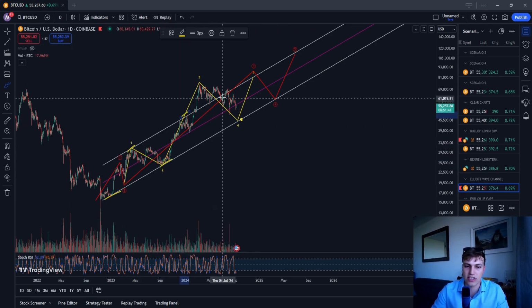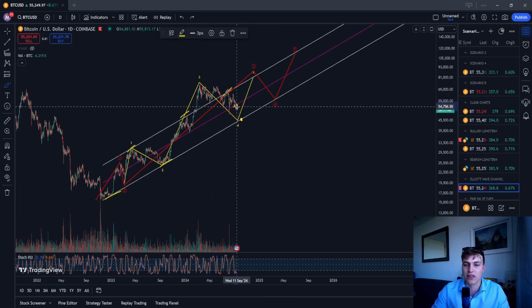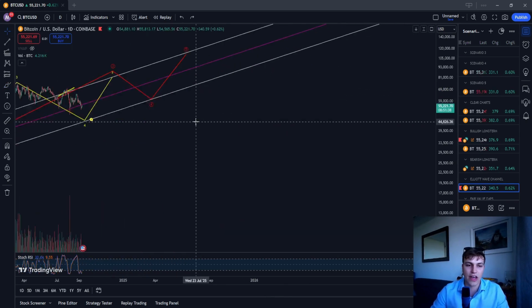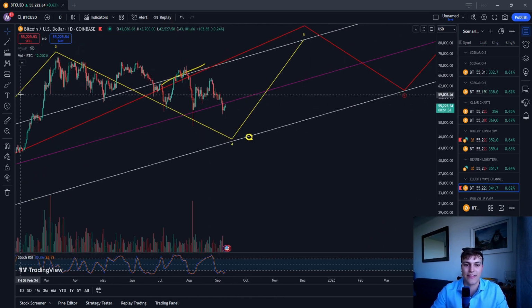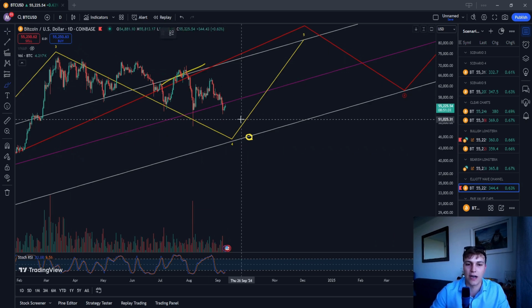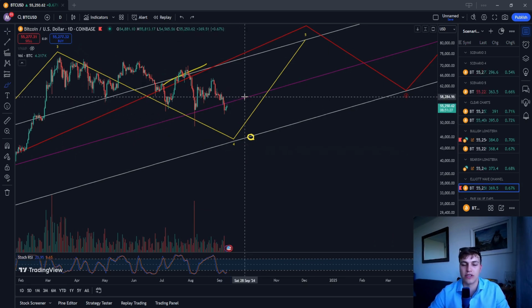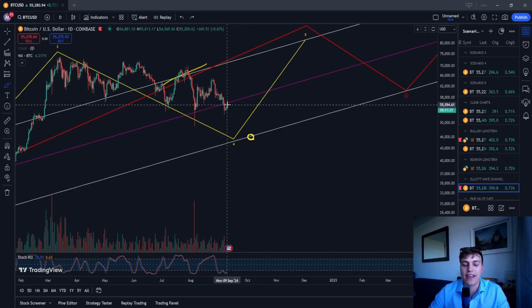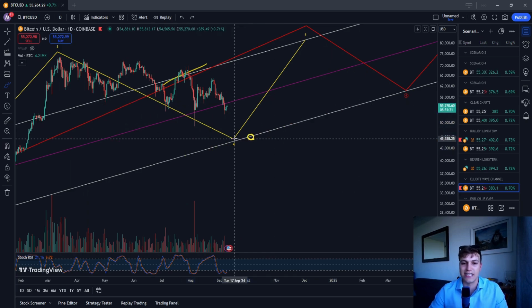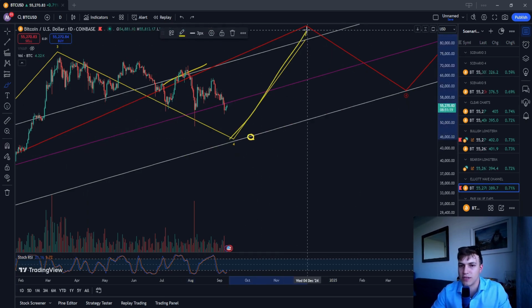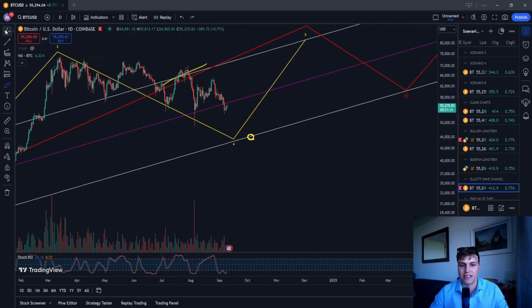Now, as you can see here, support, resistance, and now we have crashed through that middle line. So now that we've crashed through that middle line, the likelihood of a retest of that middle line and then a further drop is higher. At the moment, you can see we are currently retesting, or almost retesting, that middle line, and then a further drop to the lower side of this channel is likely. Following that, we should be seeing a 5 and then a 4 and a 5 to complete the entire bull